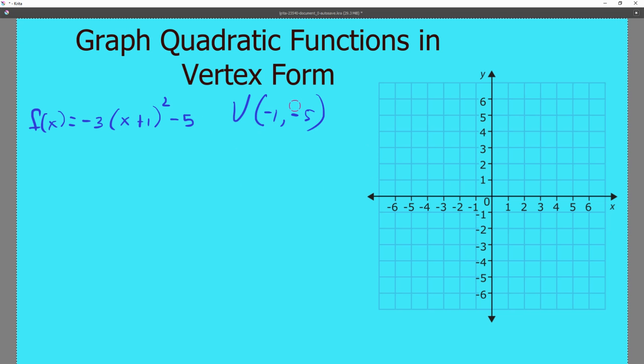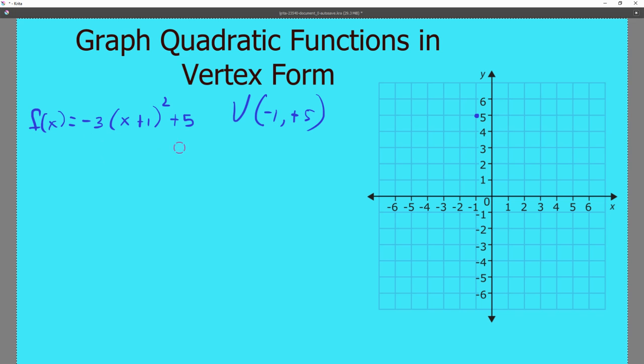That won't work because my graph is too small. Let me make this positive. So then I'll bring it up. So negative 1, positive 5. Then it'll stay in the graph. Okay. So this number here